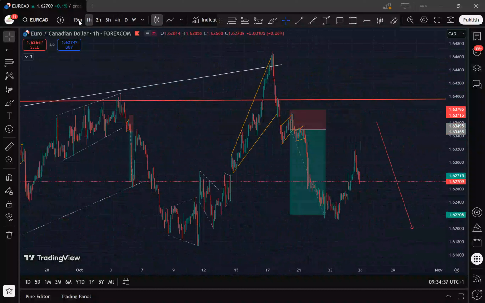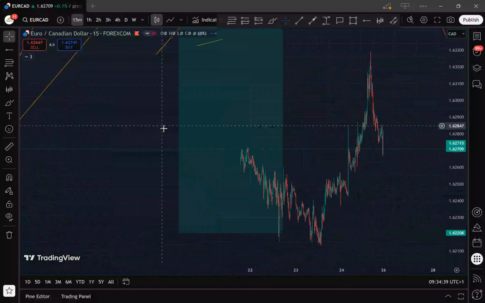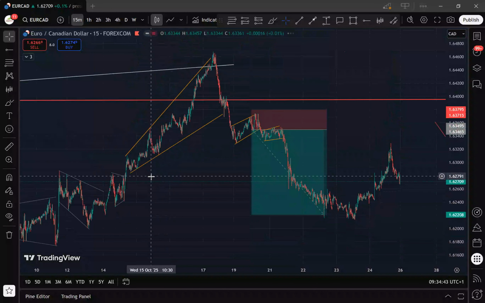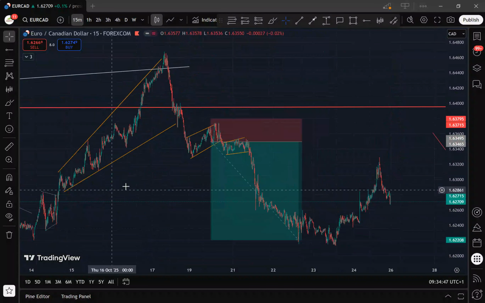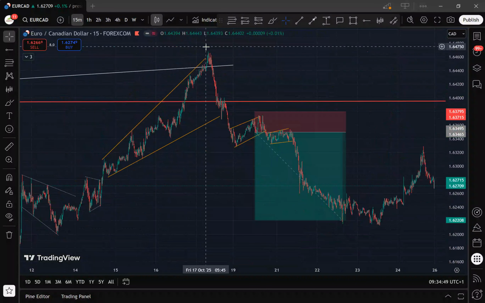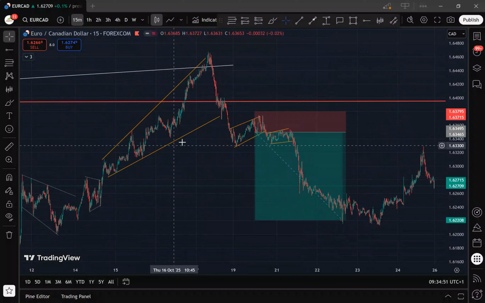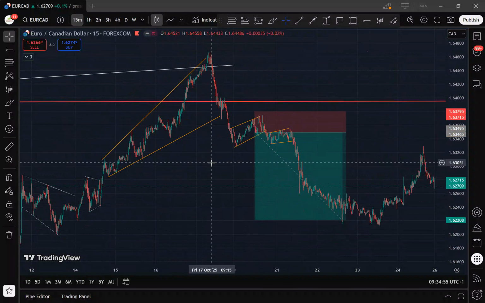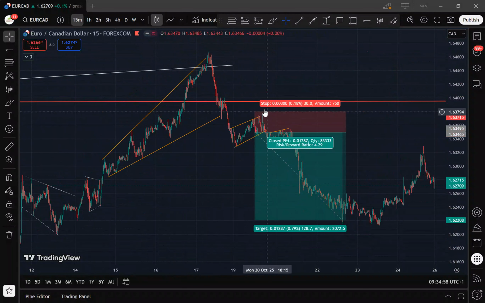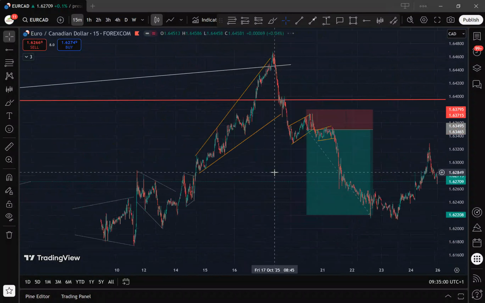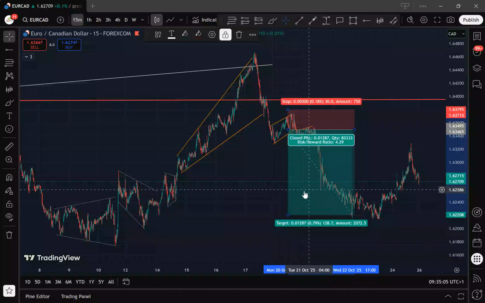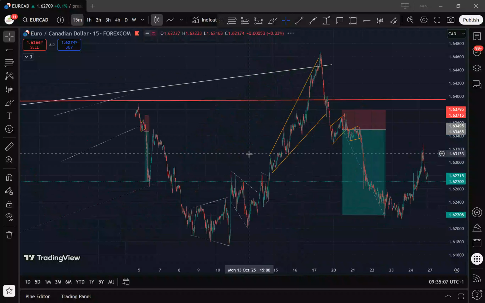Then on the lower time frame, we are still stacking our confluences from the weekly to the daily to the mid time frame, then to the lower time frame. So going down to the lower time frame, you can see the price broke out of this bearish reversal structure, then printed a bearish continuation structure. So we just place our entry below the structure, the price took us in, our stop loss above it, and the price ran to our TP. Yeah, we got 4.3 R on Euro CAD